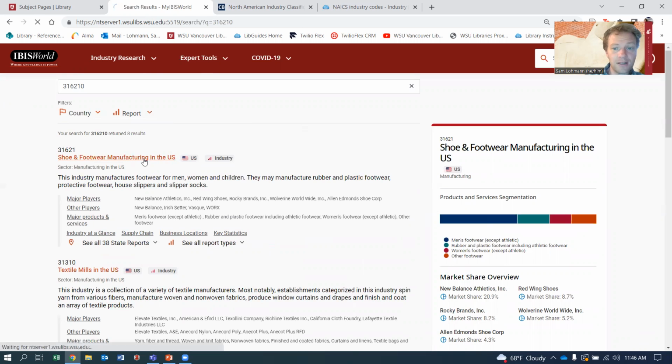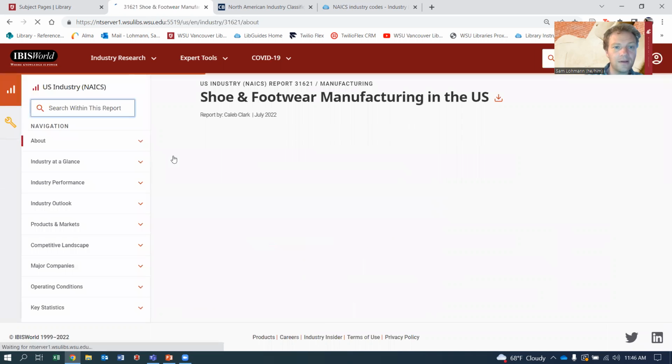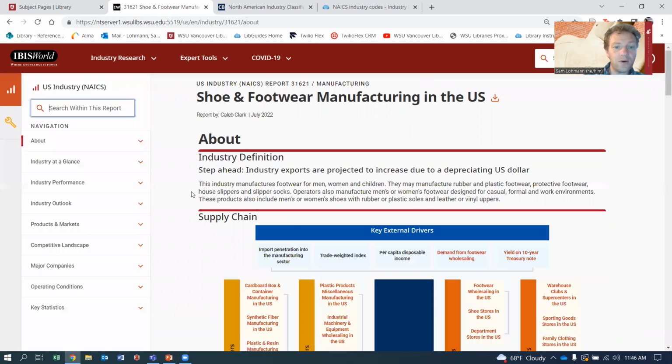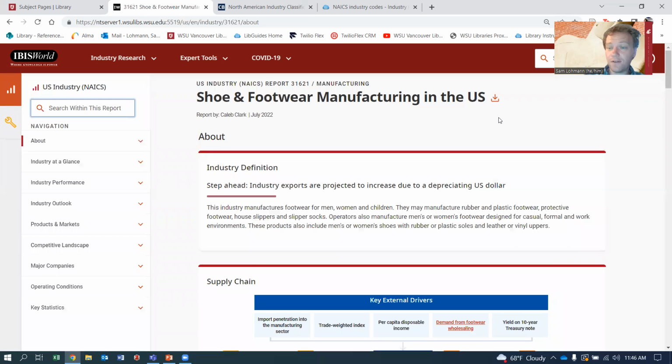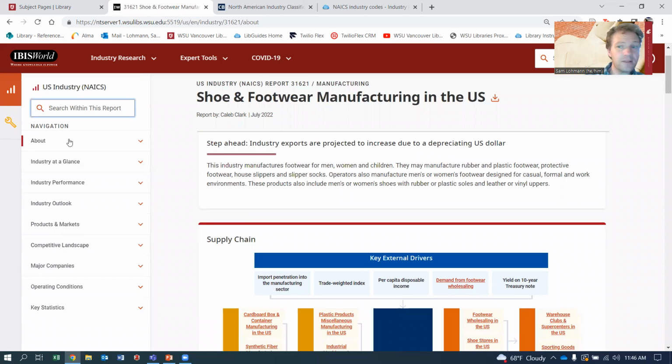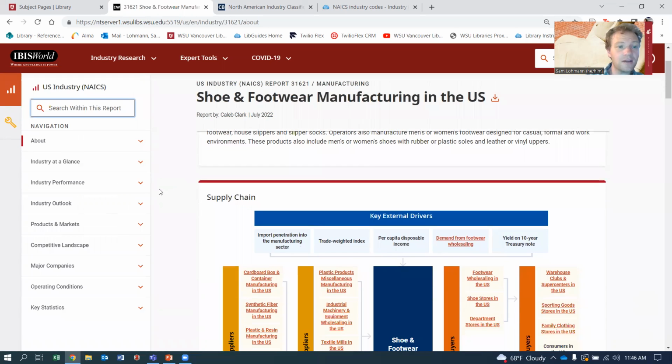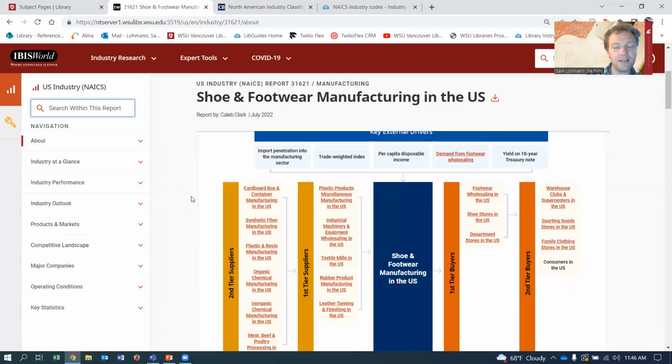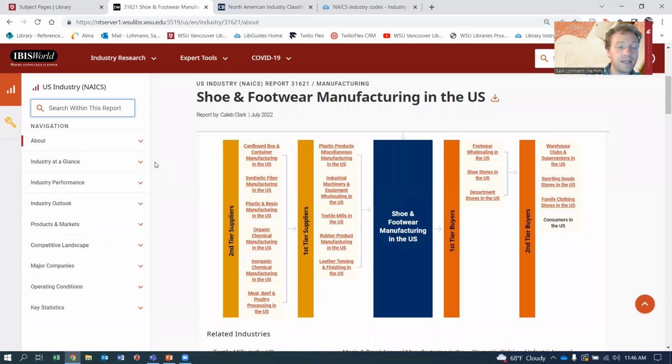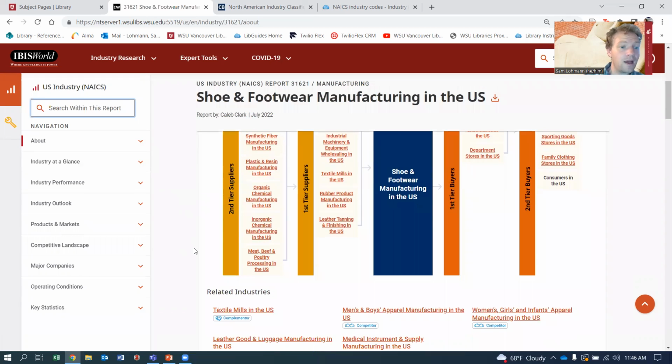And let's go into one of these so you can see the kind of stuff that's in there. So these reports contain a lot of information and they're updated quite regularly, about once every year or two. So you can see this one was updated in July of 2022. And there are these tabs here where you can choose the different parts that you might want to look at. So it starts with industry at a glance, and you can get some basic information on the industry.